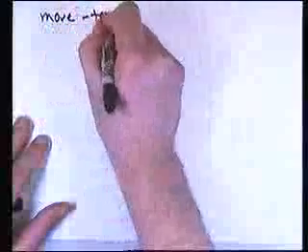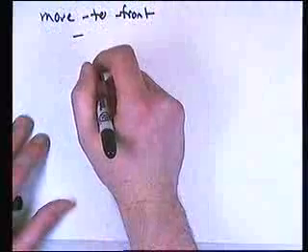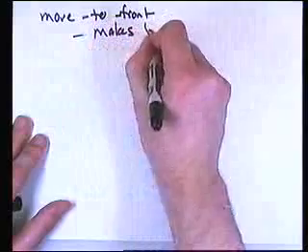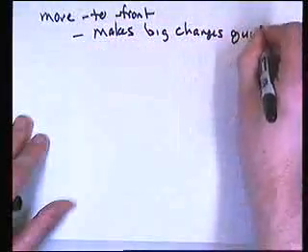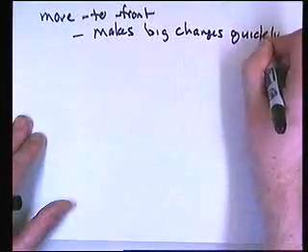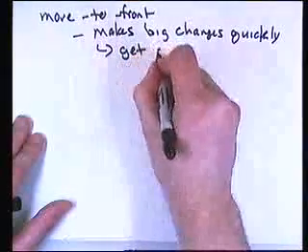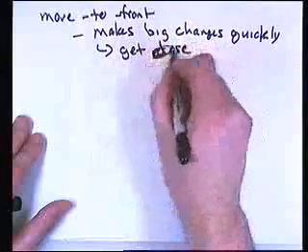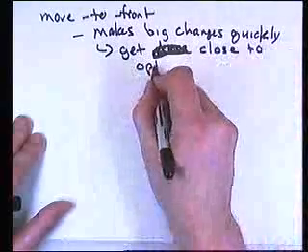If we talk about move to front, what we can say is, well, the advantage of move to front is it makes big changes quickly. So if your list is way out of whack, that means we can get close, not dose. I put the C and the L too close together. We can get close to optimal